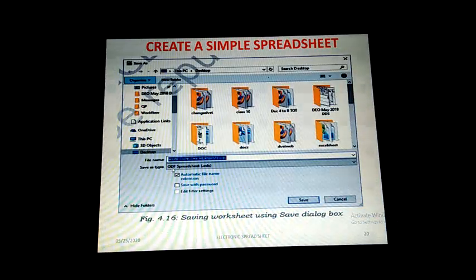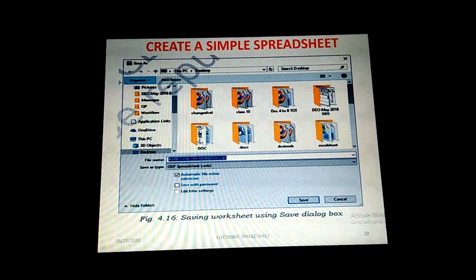It will by default be saved as an ODF spreadsheet. The automatic file name extension will be ODF spreadsheet. If you want to save this worksheet with a password, so that no one can view or edit any of the content present in the spreadsheet, you can give the password and confirm it again, and after confirmation you click the save button to save your worksheet with the password also.